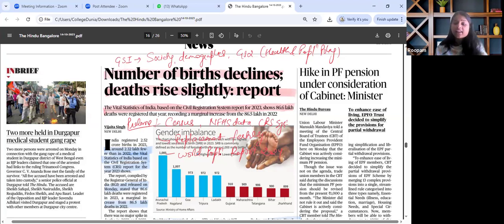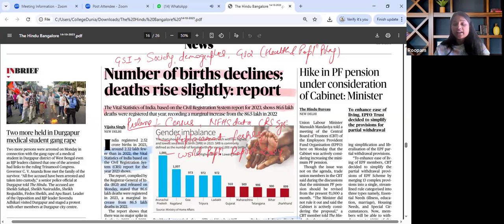We can even link this with the rising aging population and labor force participation, and ask whether our healthcare system is good enough to cater to the rising needs of the aging population, which would pose a major challenge in the upcoming time. Also, the UNFPA State of World Population Report 2024 can be read and revised.